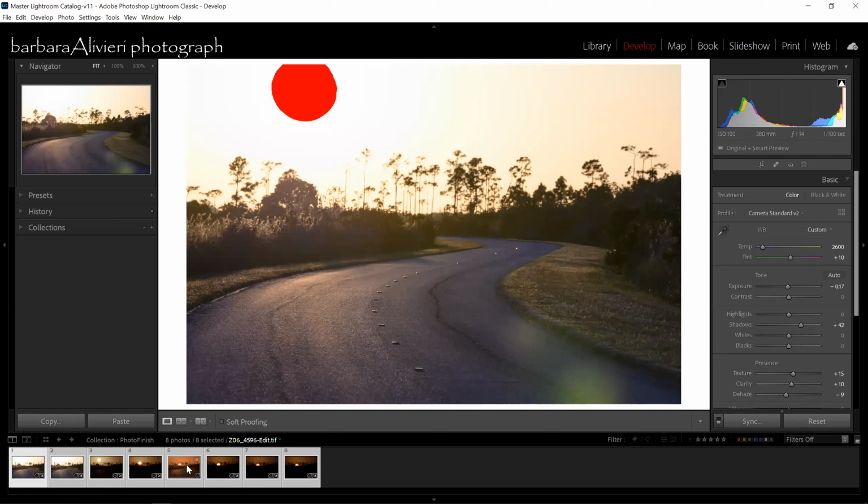Now, like I said, this one here that I'm circling is my finished image. I do not want to include that. So if you select all and you want to deselect one, you just hit your Control or Command key and then click on it, and it will deselect just that one. So you can do that.